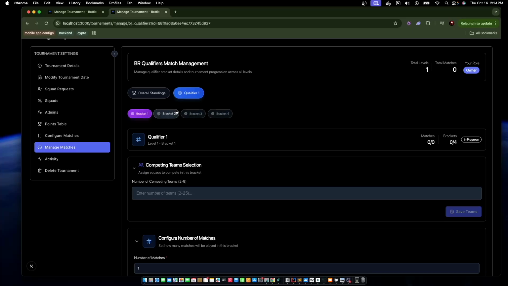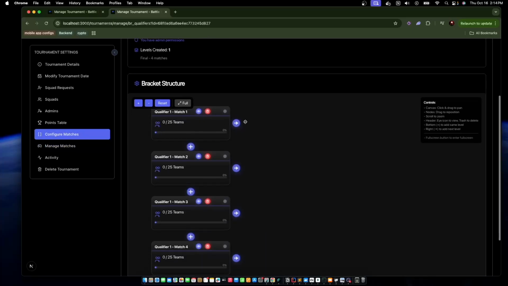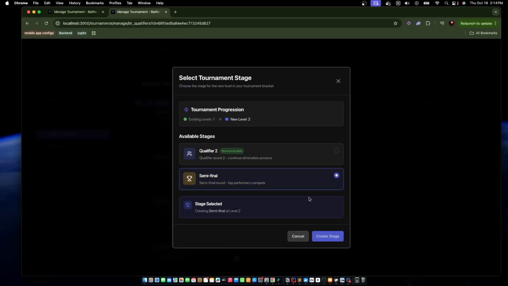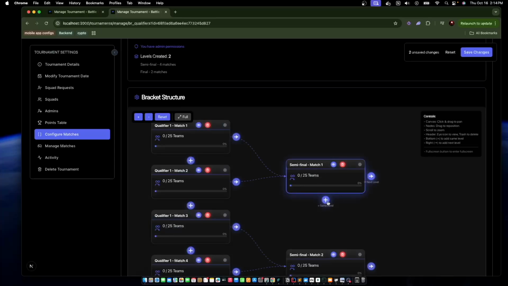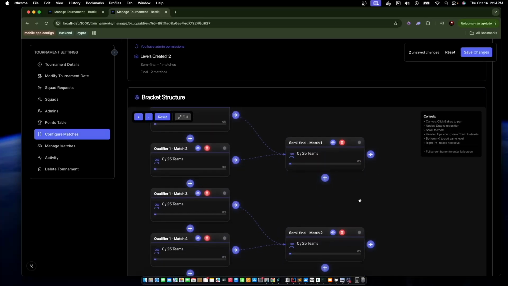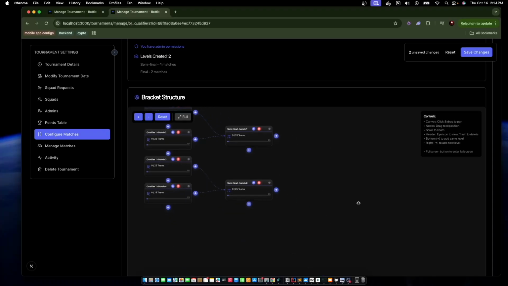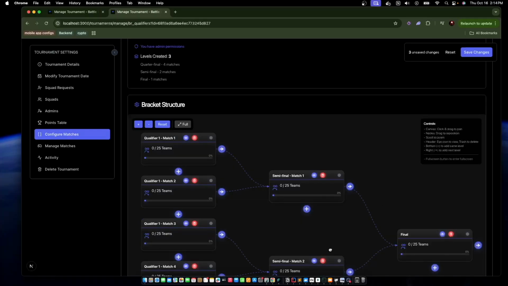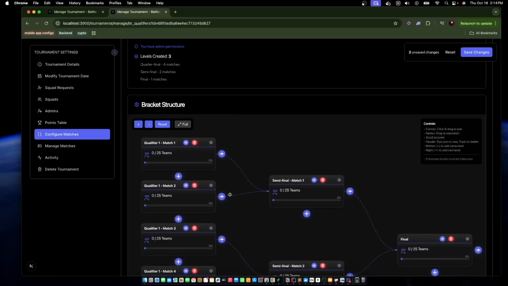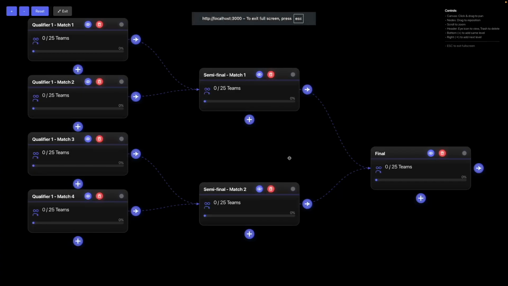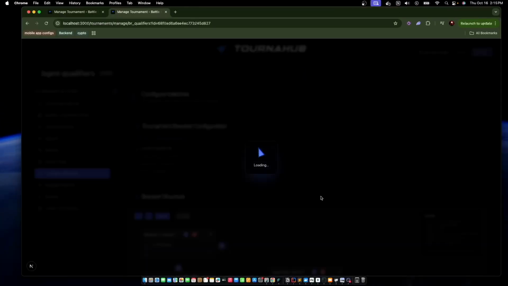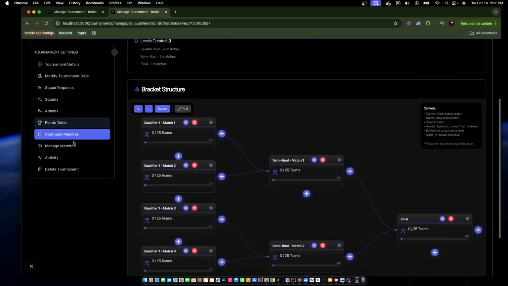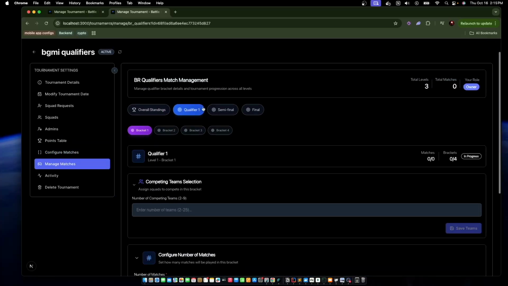Now let me add further configuration. Let me add semifinals, semifinal 2. Let me also add final as well. I'm adding final. Okay, and now let me save it. Yeah, this looks good. So yeah, okay, let me save it. Now I've saved it. If I go back to manage brackets, I can see 3 levels created: semi-final, final, and